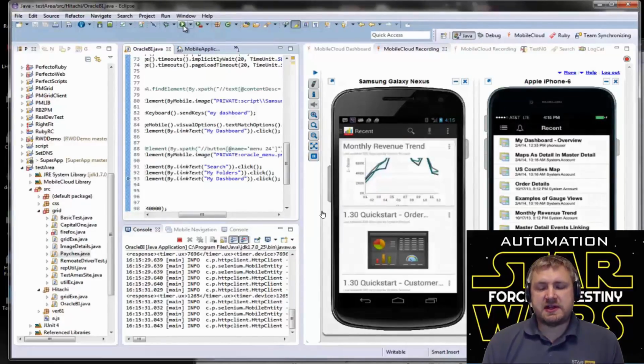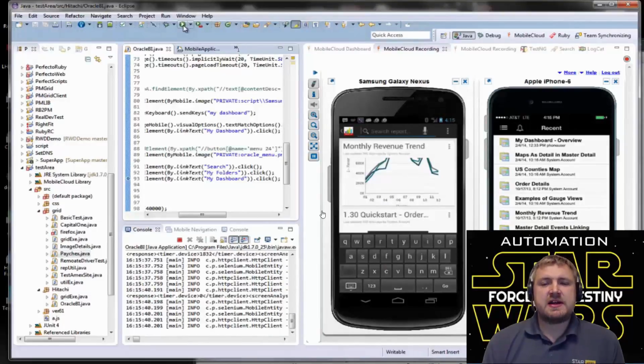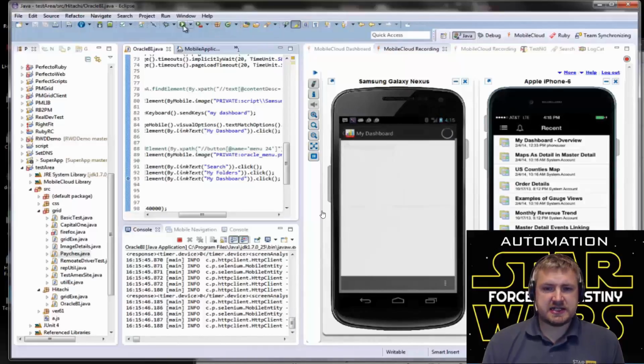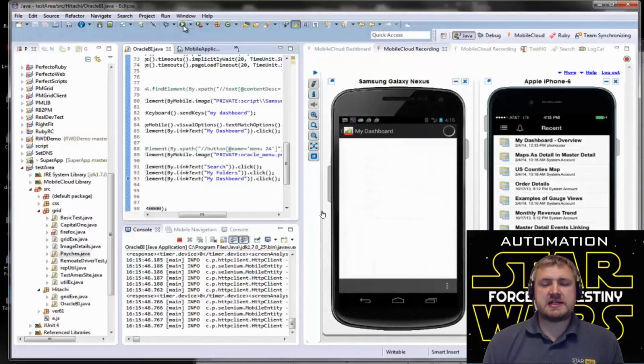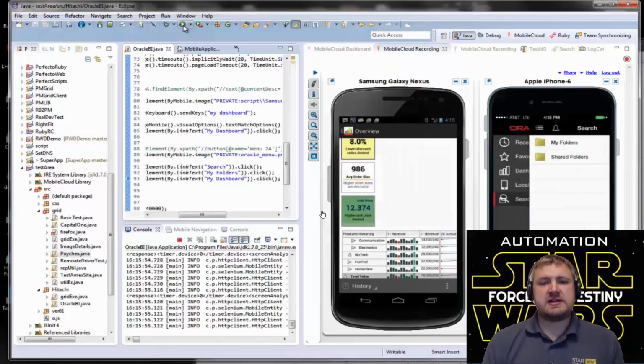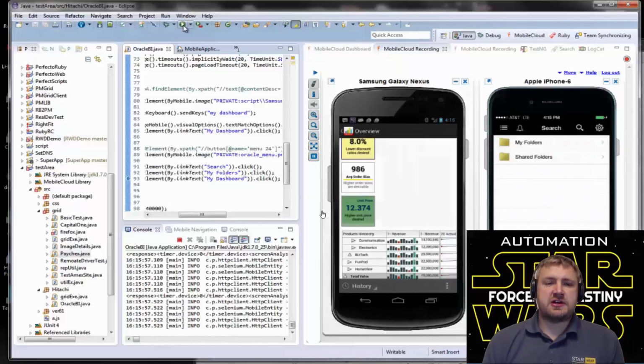The reason why we're demonstrating it with this particular application and not the Dominoes application is because this gives us a bit more context around how you deal with testing something much more complex as far as containing graphs, metrics, information, dashboards.